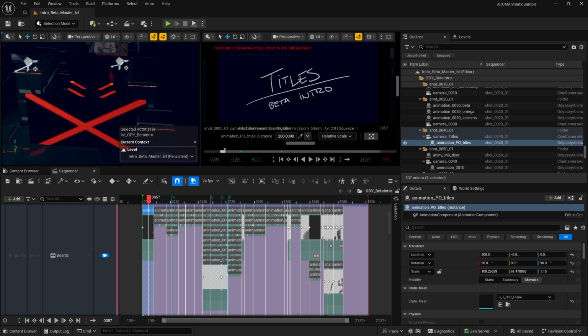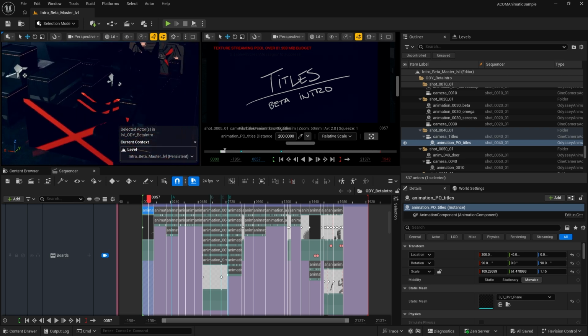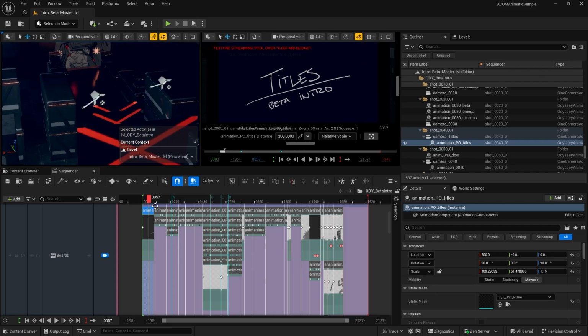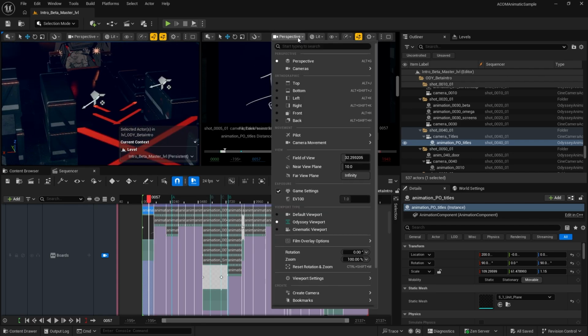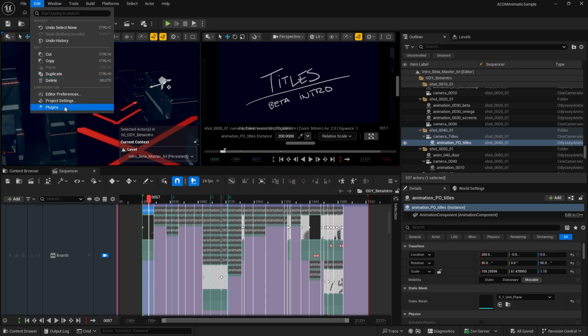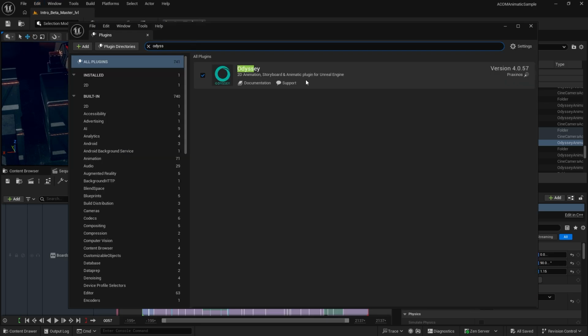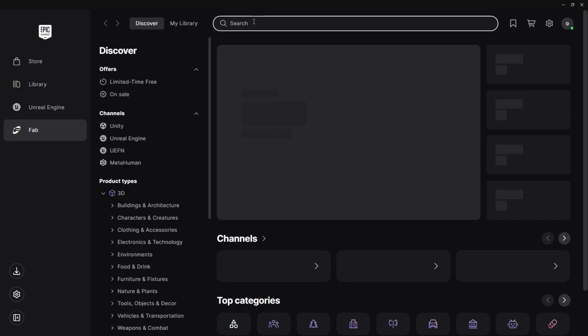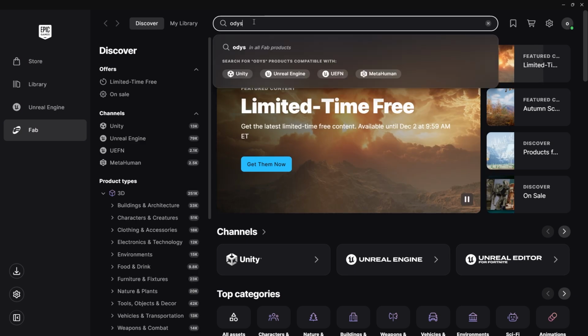So that way you can also see the placement of those 2D drawing plates within the scene. So here on the right, we can go here and select Odyssey viewport. Of course, to be able to see these kind of tools, you will need to go to plugins again and activate the Odyssey plugin. You might want to also first download this plugin by going to Epic, then Fab. Under Fab, search for Odyssey.